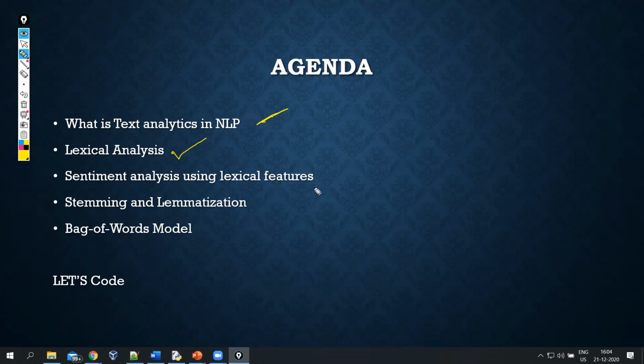In the same way, we will try to solve one problem, that is sentiment analysis. I will explain how to download a data set from Kaggle, how to use it in our models, and how to train a first model, which is the first step to NLP. The first step to NLP is your bag of words model. We will see what this bag of words model is completely, with theory as well as with coding, so you will know it in depth.